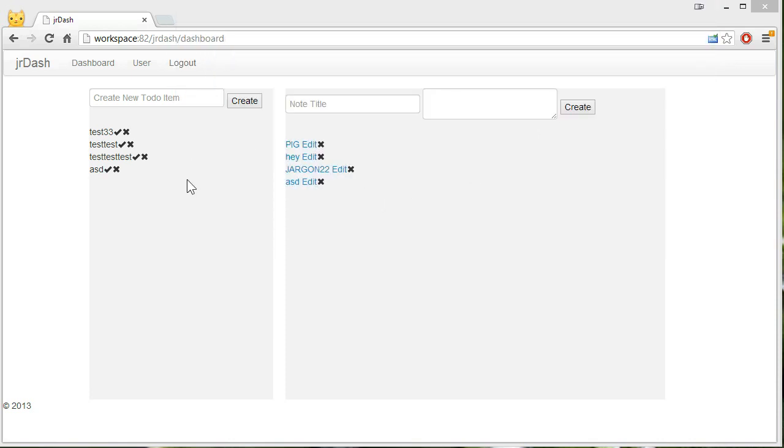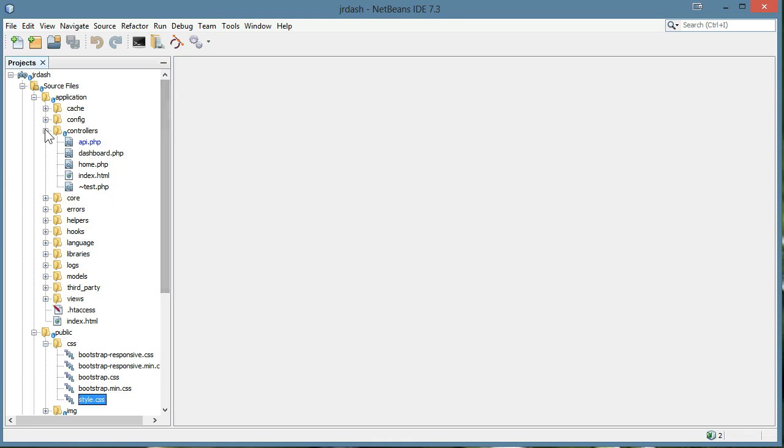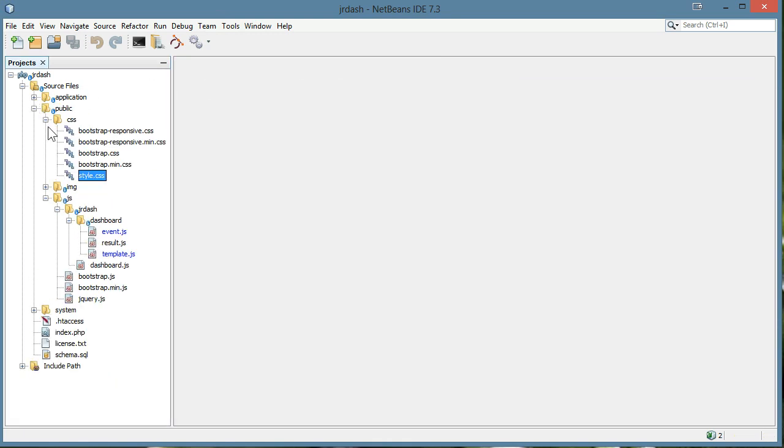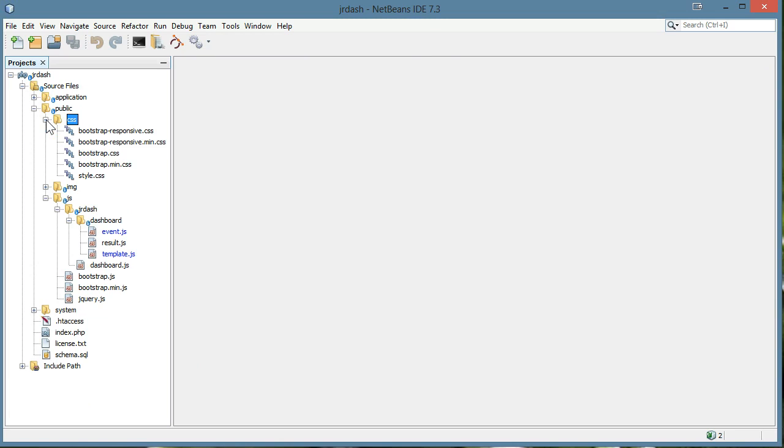And that just helps indicate something's happening. So first, let's do the little Ajax loaders for when these are loading. I'm going to open up my NetBeans project, and I'm going to close out everything and just make sure I have a fresh set of eyes. So there's a couple ways we could do this. We could either define the Ajax image in a JavaScript variable, or we could use a CSS tag. I'm going to go with the CSS tag. So I'm going to open my style.css,